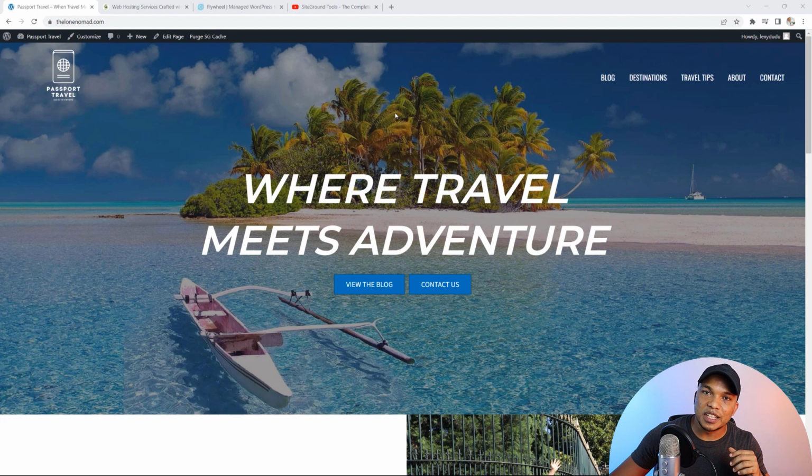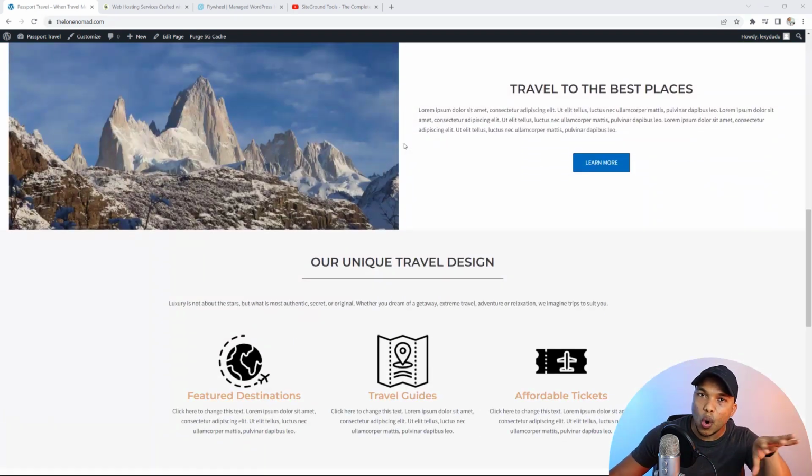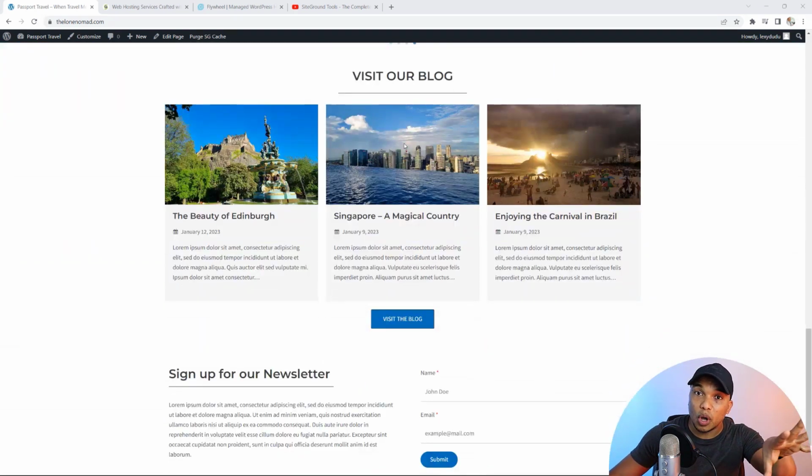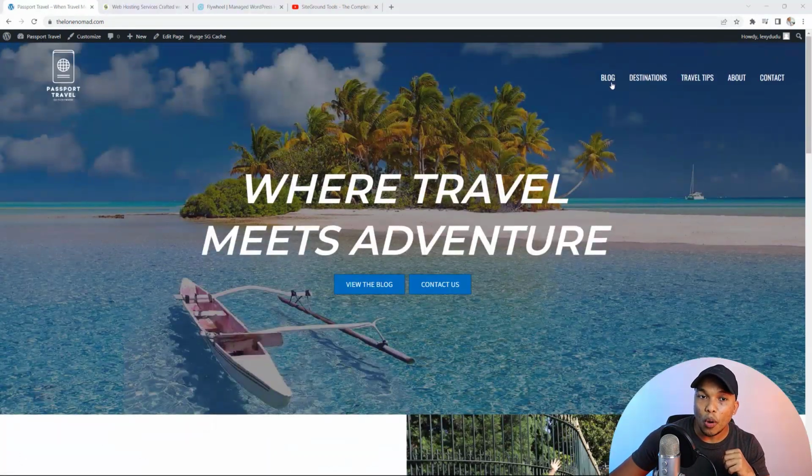The website is basically a travel blog called thelonenomad.com, and this is the homepage right here. You can see we do have the menu on the top right hand corner, the logo on the top left, and of course we have the main banner with the background image, and of course we're going to have different types of sections on our homepage. I'll show you how to build all of the sections,